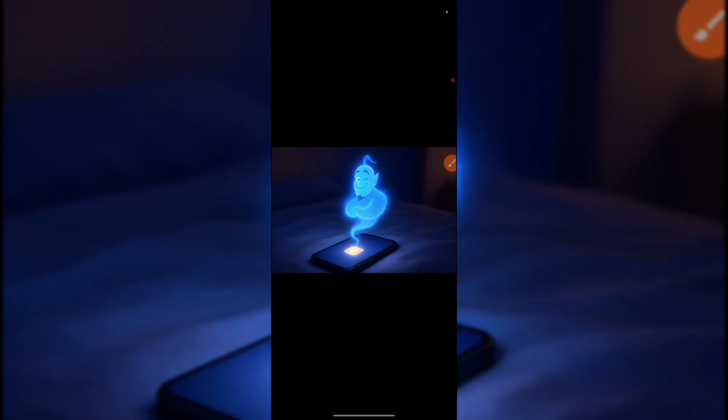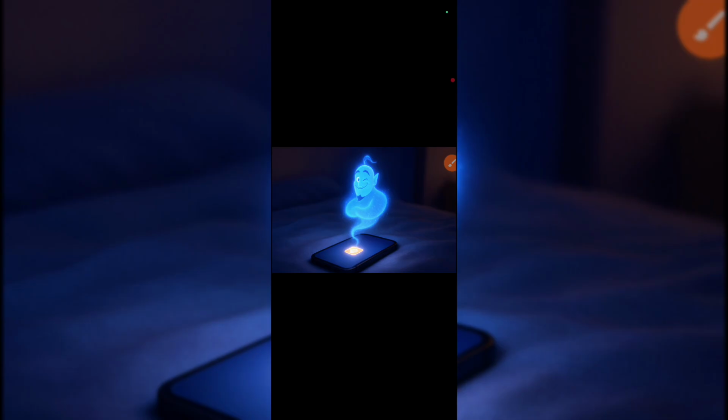But just have it in mind that if you're using the free plan on the platform, you cannot animate. Like, you cannot make the images have motion. What you have is just a still image. But if you want your images to be moving, with motions and everything, then let's continue with the tutorial.